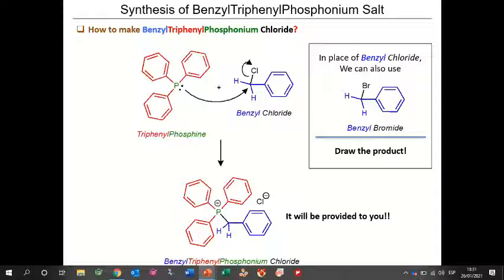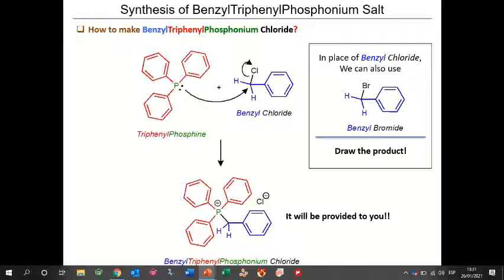How to make benzyltriphenylphosphonium chloride. We are going to start from triphenylphosphine and benzyl chloride. We can also use benzyl bromide. In this case, as you can see in the mechanism, the electrons that occupy the non-bonding orbital of the phosphorus